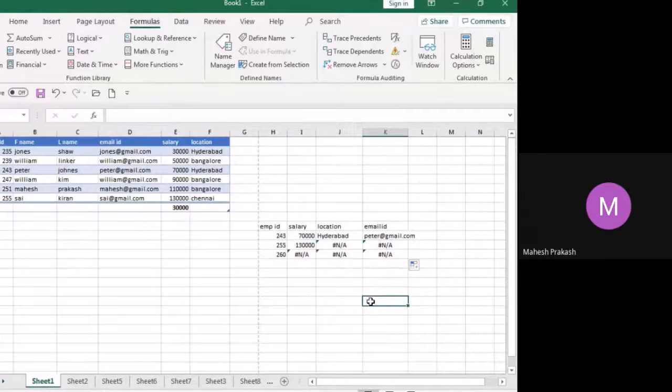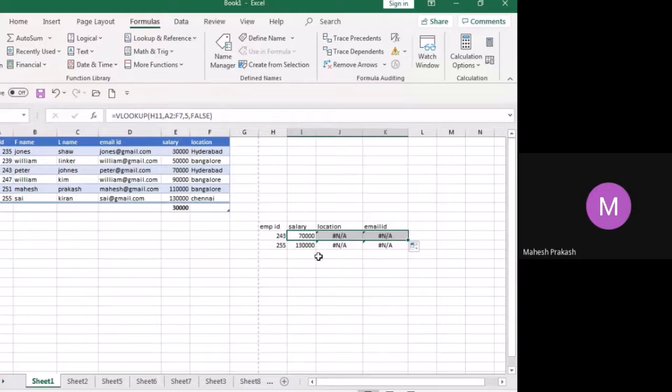Why is it showing NA? Because it is not available. Now 260 is not at all available in the table. Getting it? Why is it not available? Because in the complete data we don't have that at all.